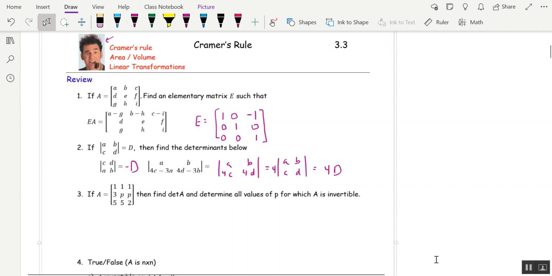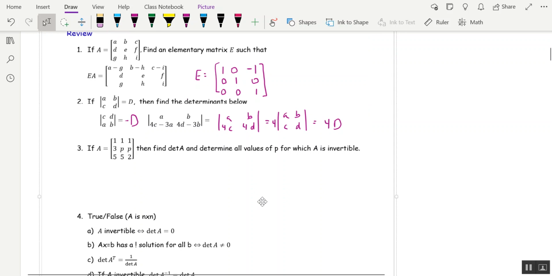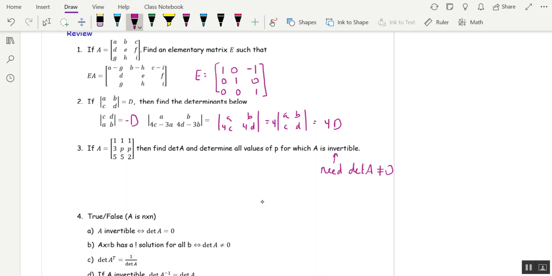Okay, if A is this matrix, find the determinant and find all values of P for which A is invertible. Now you recall that a matrix is invertible if the determinant is not 0. So what we're going to need is that the determinant of A is not 0. So the determinant of A,